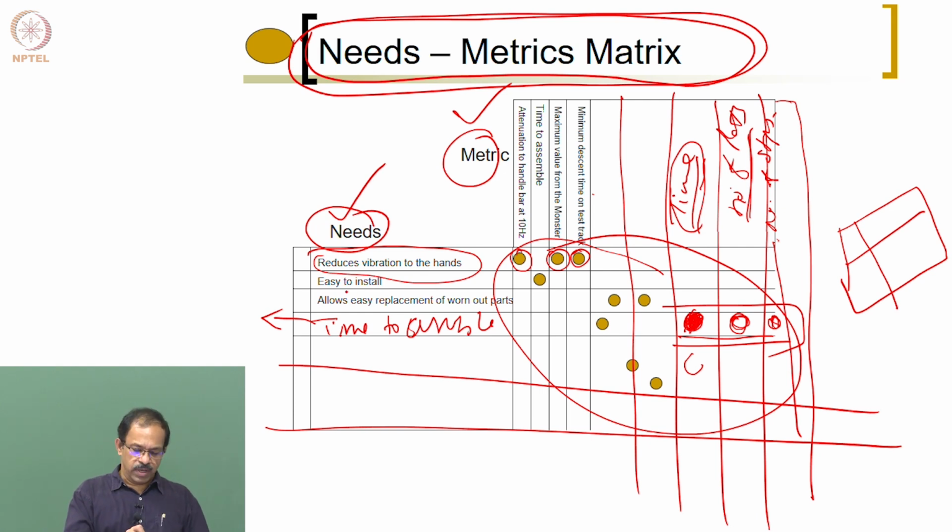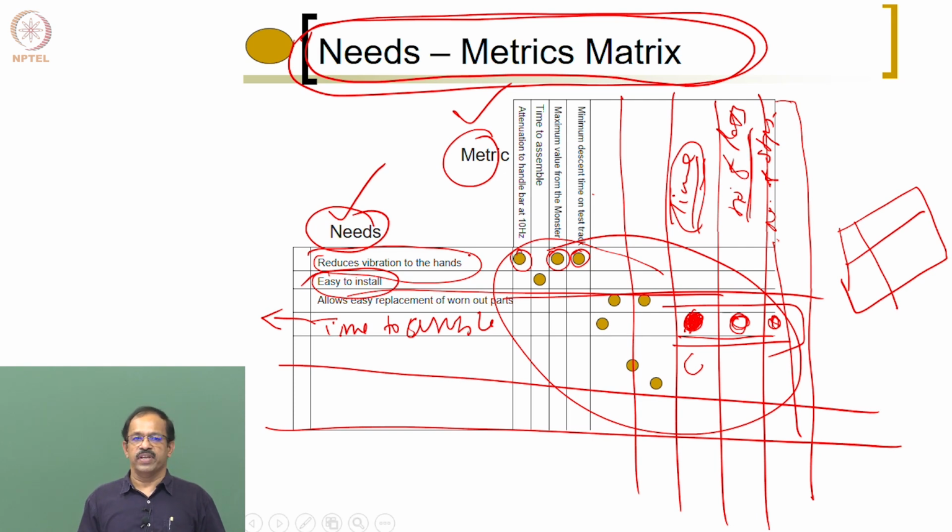If I want to make it easy to install, what are the things I need to change, and which one will make the change much easier? Which one has the largest influence and the least influence can be easily identified from here. So this is basically the purpose of having a need metrics matrix. Got it?